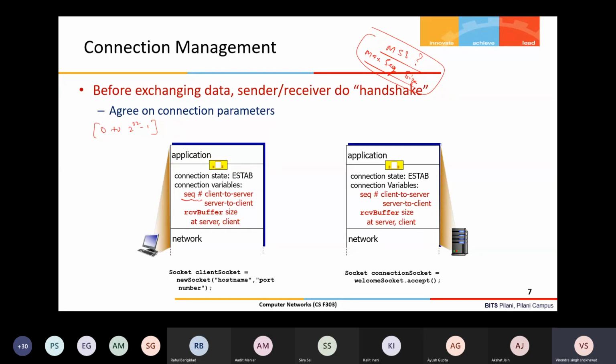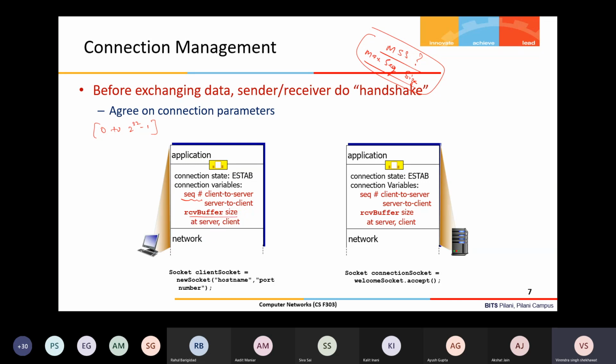The starting sequence number must be communicated. If full duplex communication is there, both sides should first tell the starting byte number they are going to send. So they exchange sequence numbers, client to server and server to client. Receive buffer size is set at both server and client.